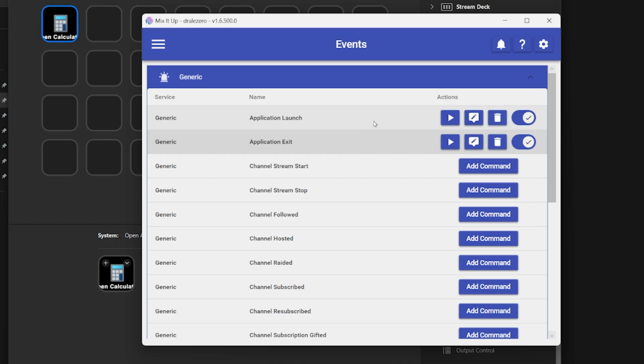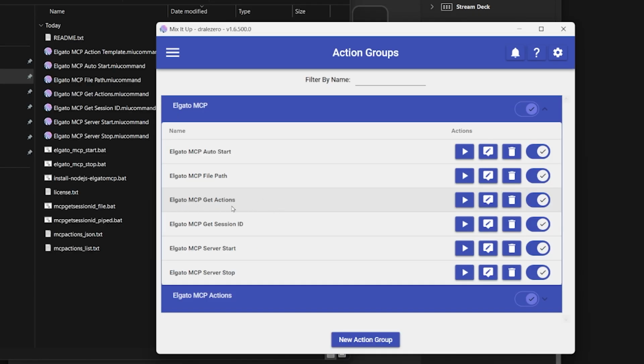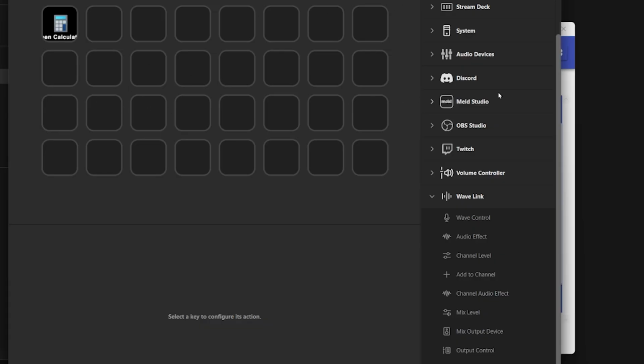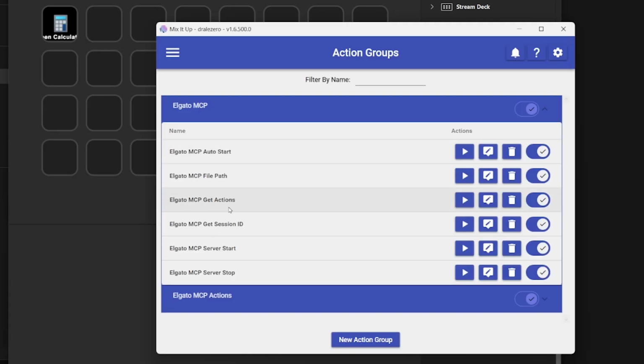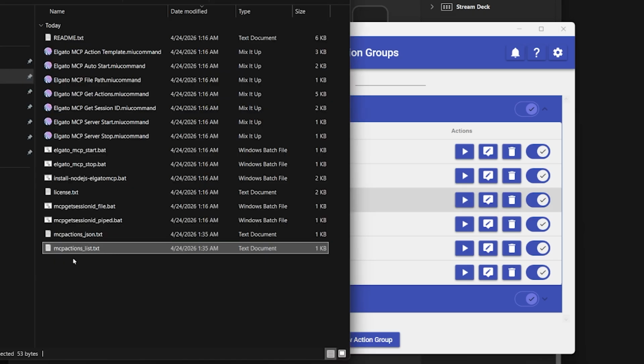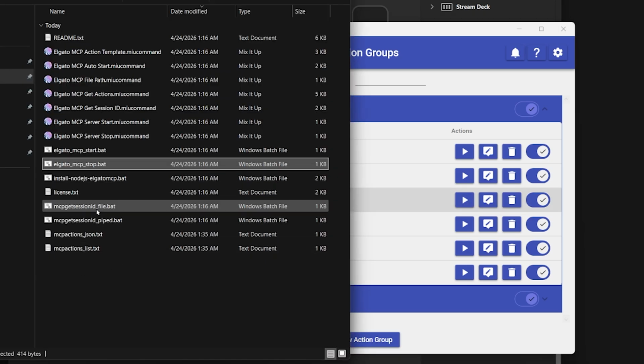about it. Get actions is what pulls the list of buttons from Stream Deck. As long as the MCP server is running, you can edit your Stream Deck buttons and refresh the list of known actions by running get actions. The actions get stored in this text file in the same folder as the start and stop scripts,